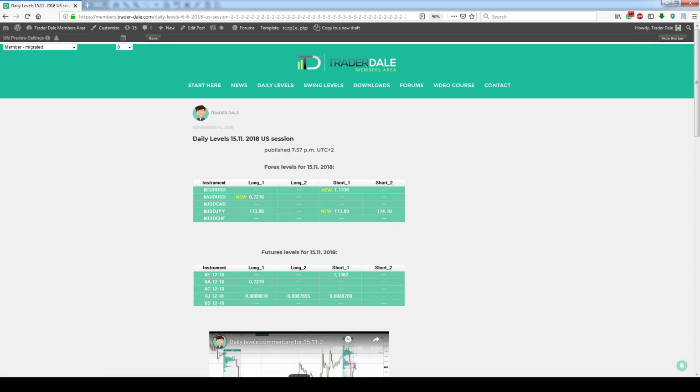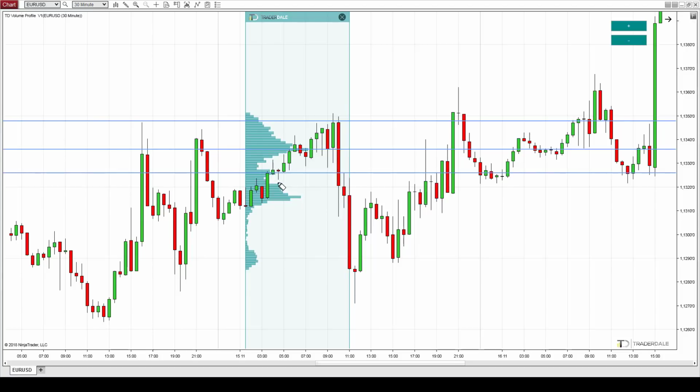So again, this is the daily table, and the only level which got hit was a short on the euro. It was from 1.1336. This was the only level which got triggered on the 15th. Alright, so let's have a look at the chart now. So this is the euro dollar 30-minute chart. This is the short level from 1.1336. The level was based on those heavy volumes accumulated within this area before a strong sell-off right there,